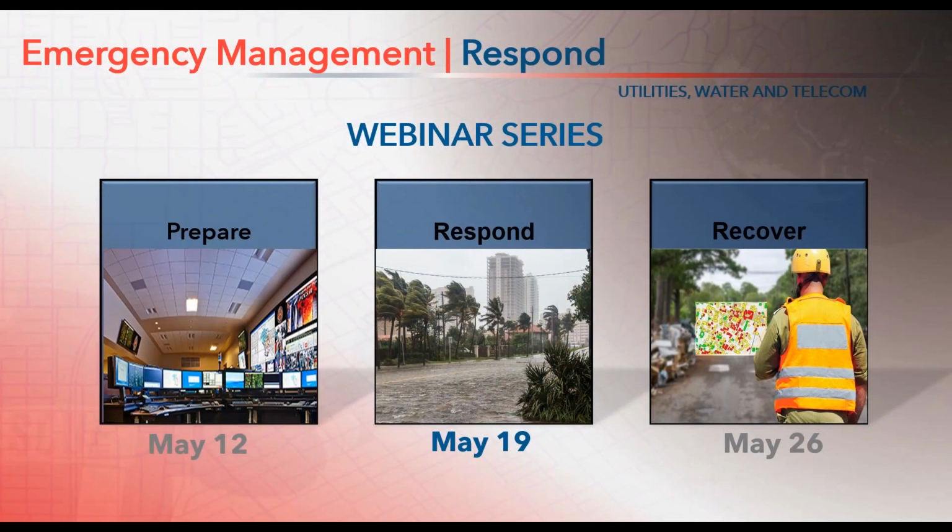Welcome to the second in our three-part webinar series on emergency management. Each webinar addresses one of the three stages: prepare, respond, and recover. We're going to show you how GIS helps utilities and telecoms manage major events. These could be wildfires, earthquakes, hurricanes, snowstorms, floods, literally any major event that disrupts utility and telecom infrastructure and service